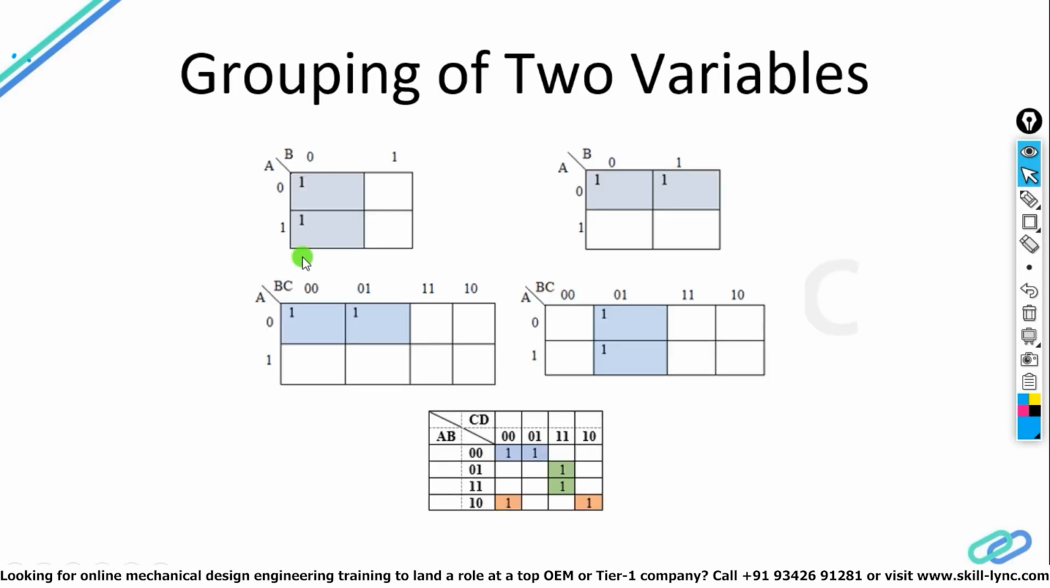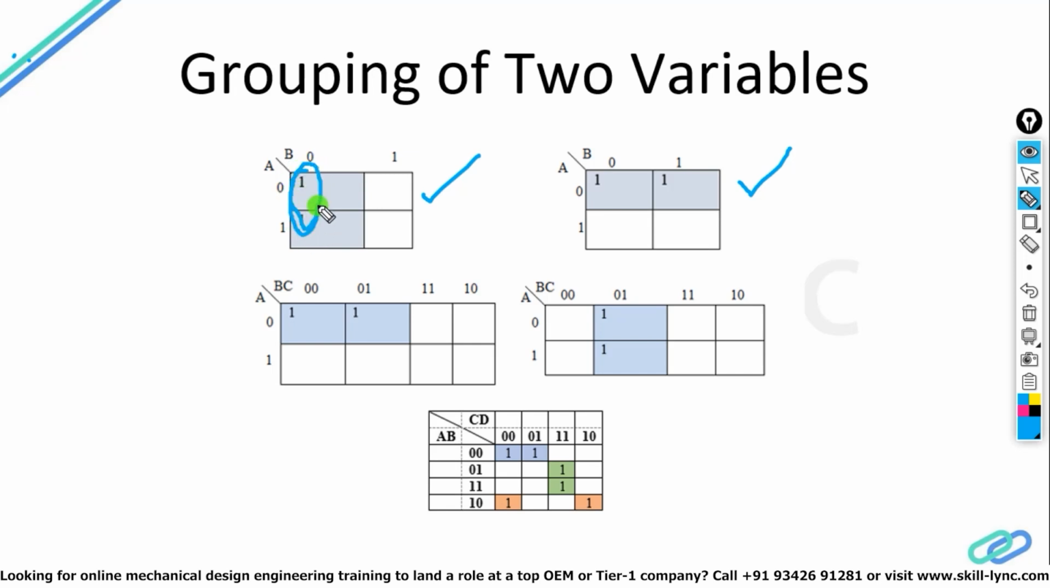This is the grouping of two variables. If I say 2 variables, it means a dual pair. How to make a dual pair? Let's take a case of a 2 variable K-map. So this is a 2 variable K-map. If 2 ones are in